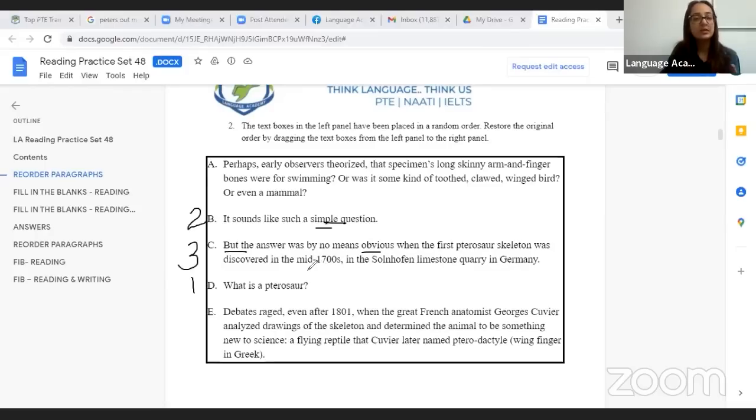And then there were two sentences which were giving information. One started with "early observers theorized," and then "debates raged." Debates raged means debates happened on this. So we'll go with early observers first, the first persons who observed this, what was their theory on that. Early observers theorized that the specimen's long, skinny arm and finger bones were for swimming, or was it some kind